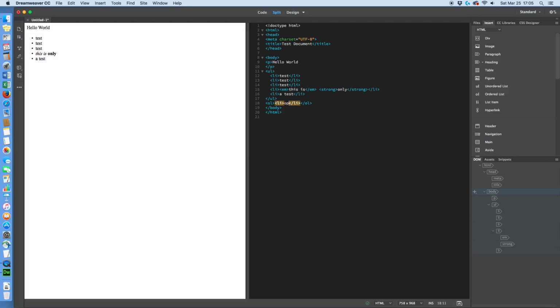So I can say open Dreamweaver, and then hit return, put in li. It automatically puts in the close li, and I can say create a web page,